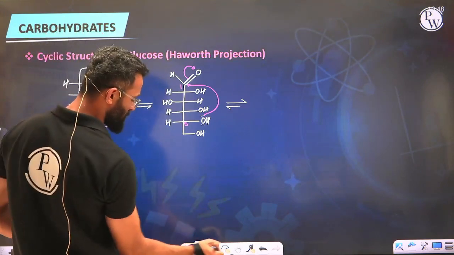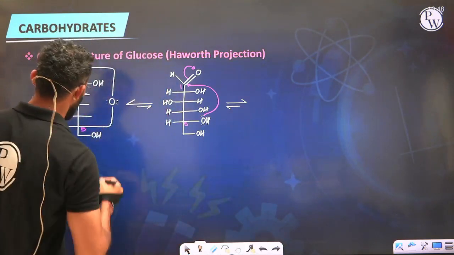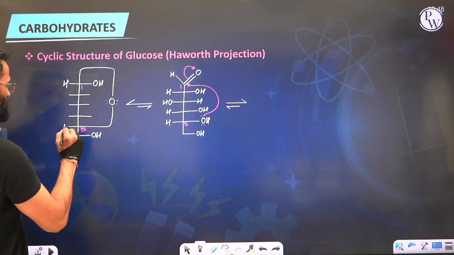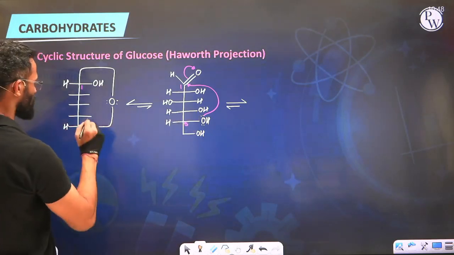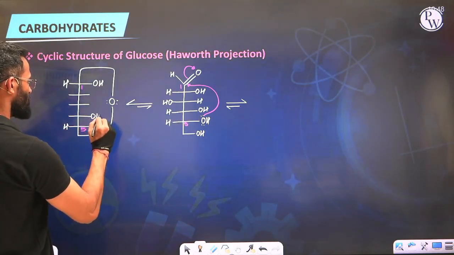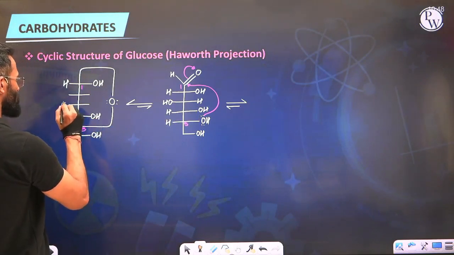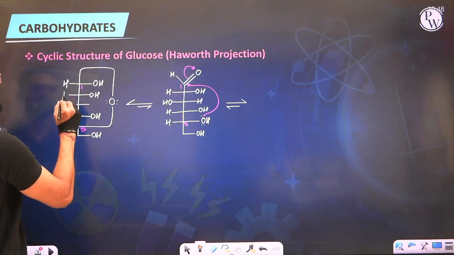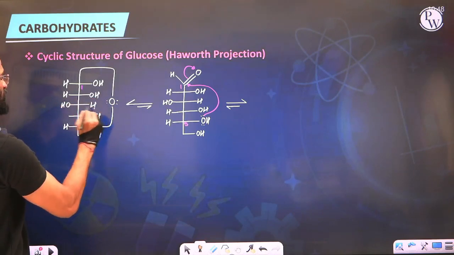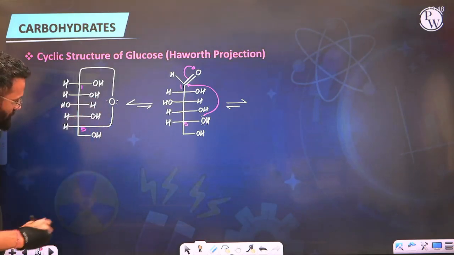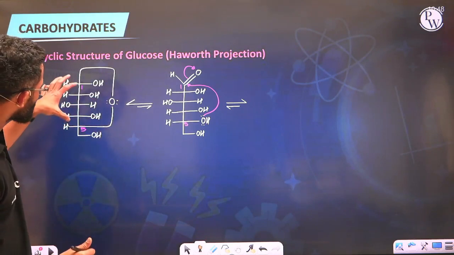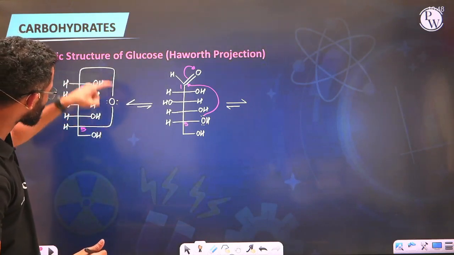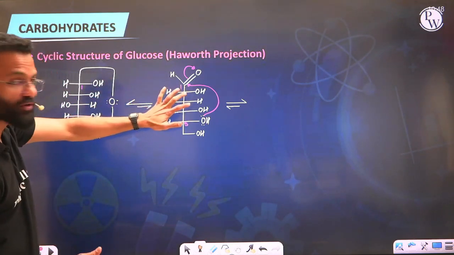I'm not keeping them as corners like that. So our fifth carbon, we have got H. Then we have got another OH at carbon number 4, which is to the right. Then we have got OH to the left and then again to the right. And the remaining valencies we are satisfying with H. The moment we got this structure, which is a cyclic structure of the open chain form of glucose,